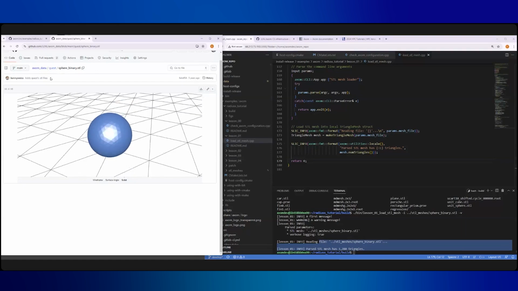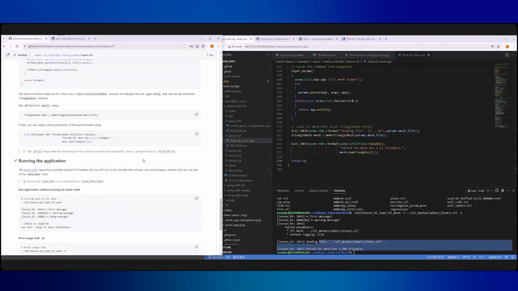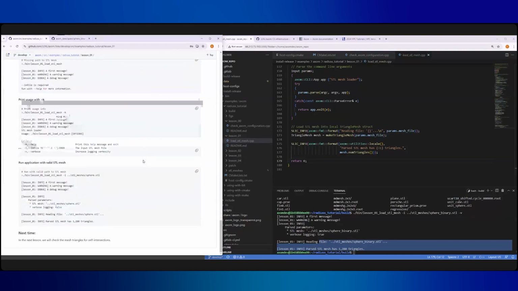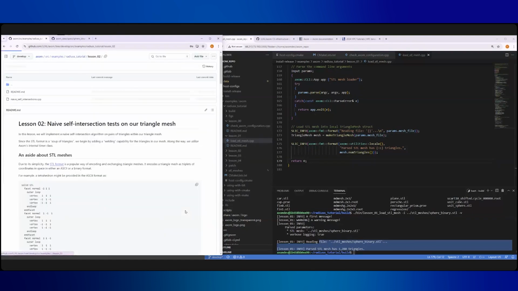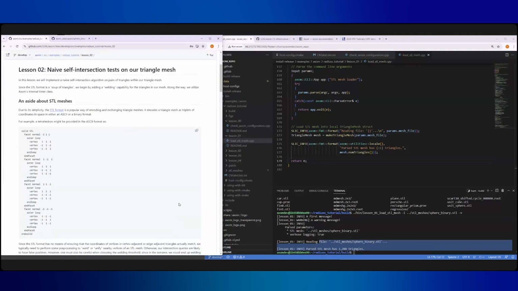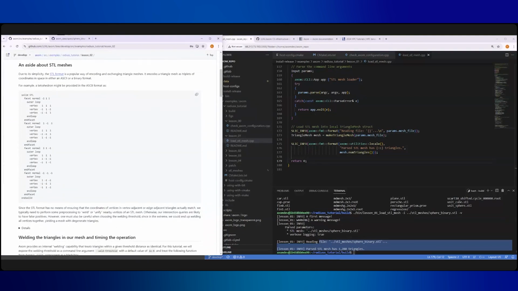Okay, going back to our tutorial. So we have a very simple application. It reads in a triangle mesh and it tells us how many triangles there are. For the next lesson, we're actually going to do something with this triangle mesh. So I'm sort of anticipating my tutorial. Sorry about that. So the STL format